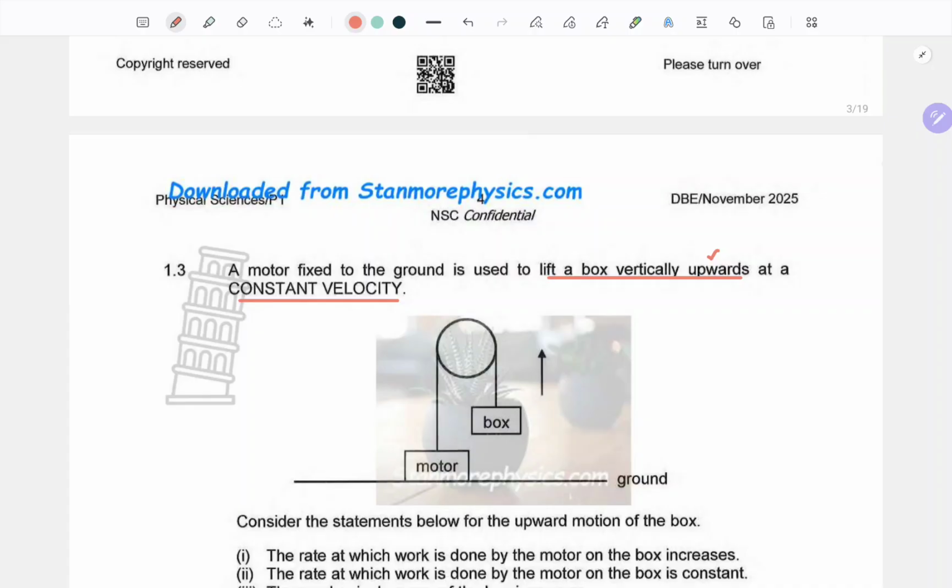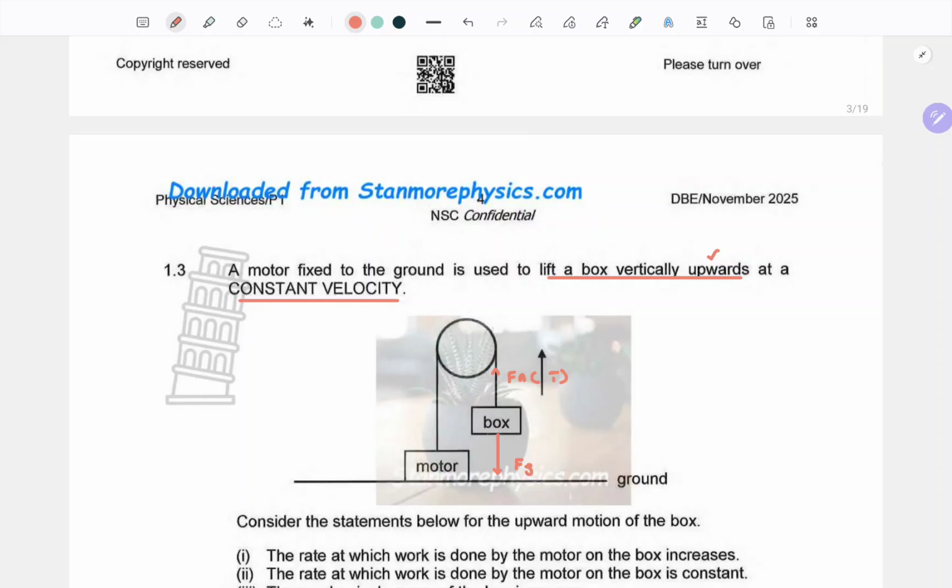Right. Now we can see that the tension on the string here will be directing a force upward. We can say this is the applied force, or we can simply call it the tension. And technically this is the force by the motor indirectly. And essentially there will be another force acting on this block or box downward, which is the gravitational force, Fg.